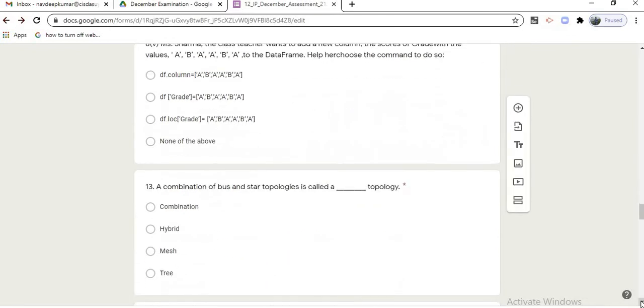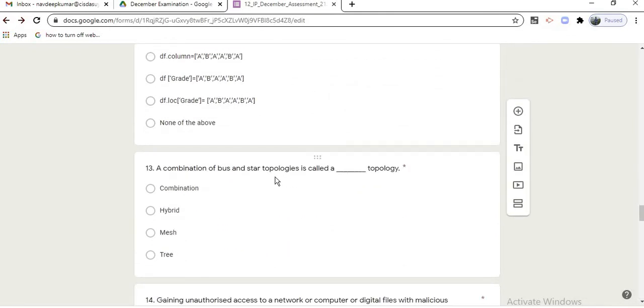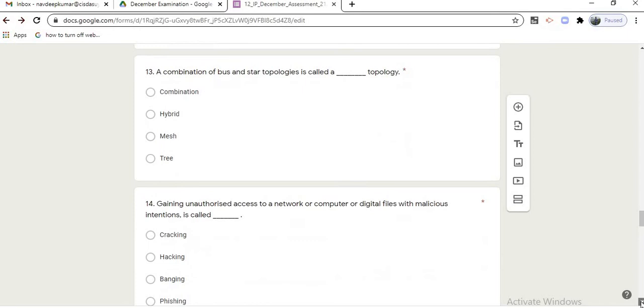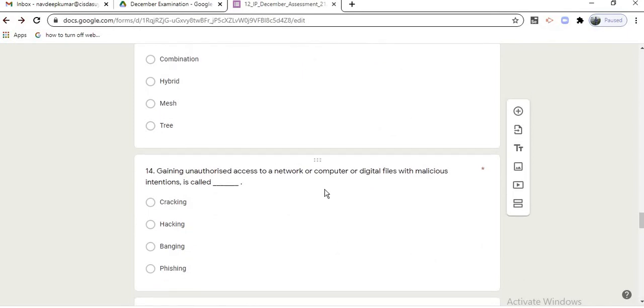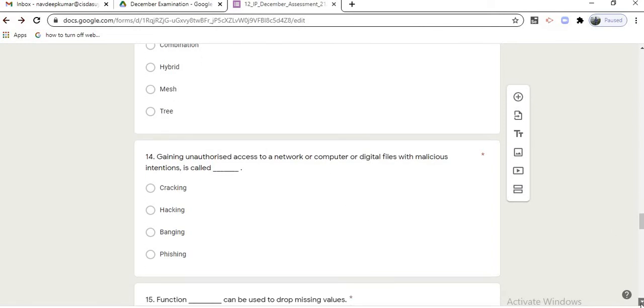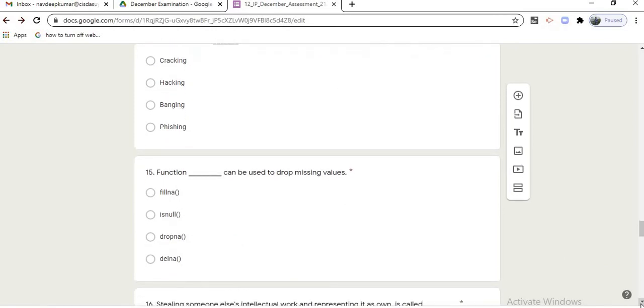Now the 13th question is networking based. The combination of bus and star topology is a hybrid topology. Gaining unauthorized access to a network or a computer or digital files with malicious intentions is called hacking. Functions that can be used to drop the missing values: dropna.